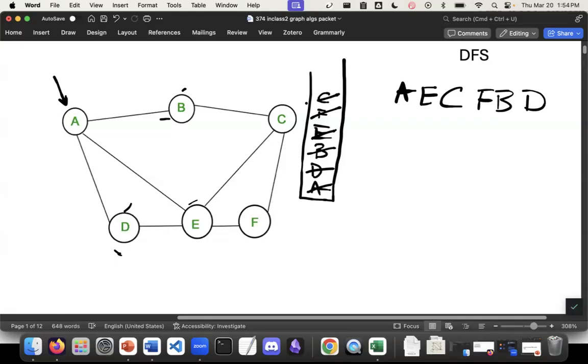Well, children are B, C, D. Starting, so all of, sorry. I mean, they're all still children, but we only